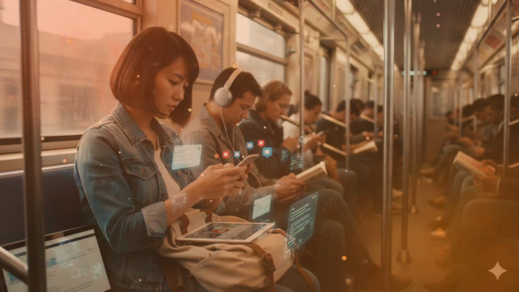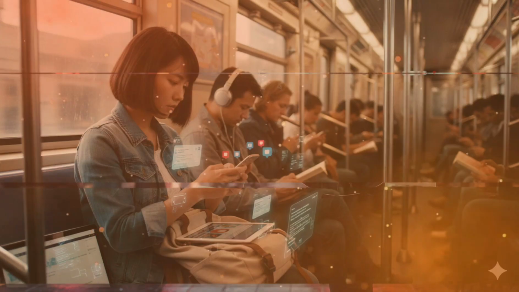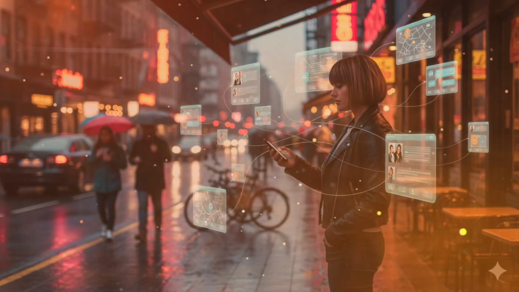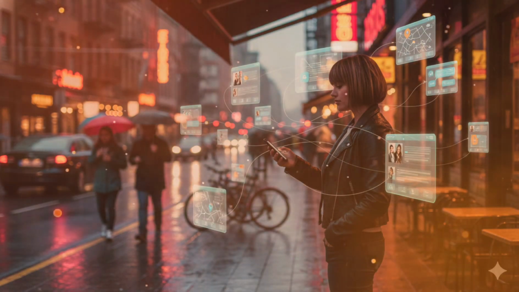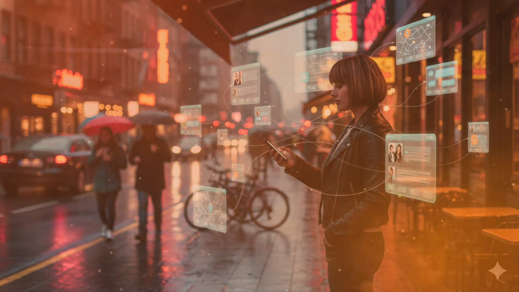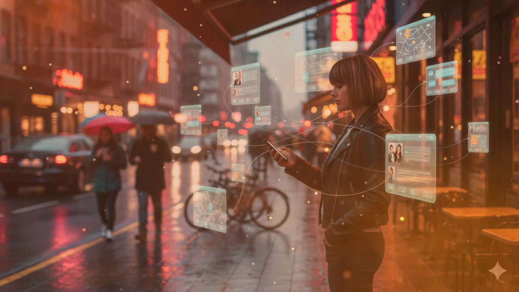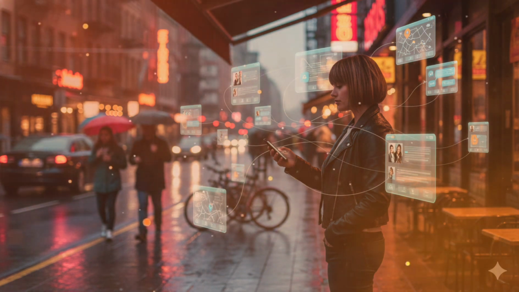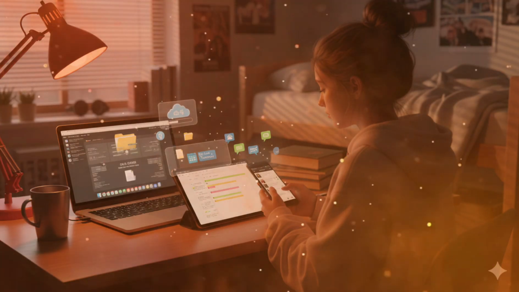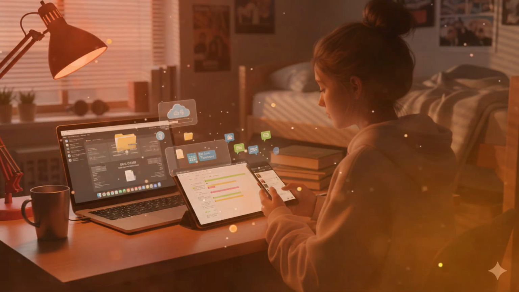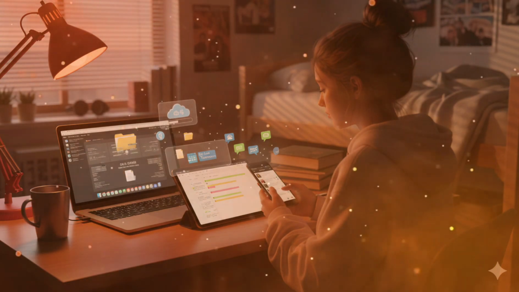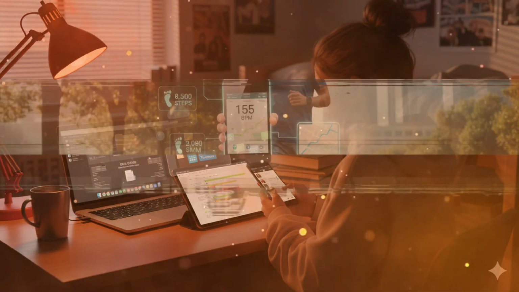As the 2010s progressed, operating systems faced another quiet revolution. This time, it wasn't about flashy interfaces or touch gestures. It was about scale, flexibility, and managing complexity behind the scenes. Virtualization became increasingly important. The idea was simple. A single machine could act like many.